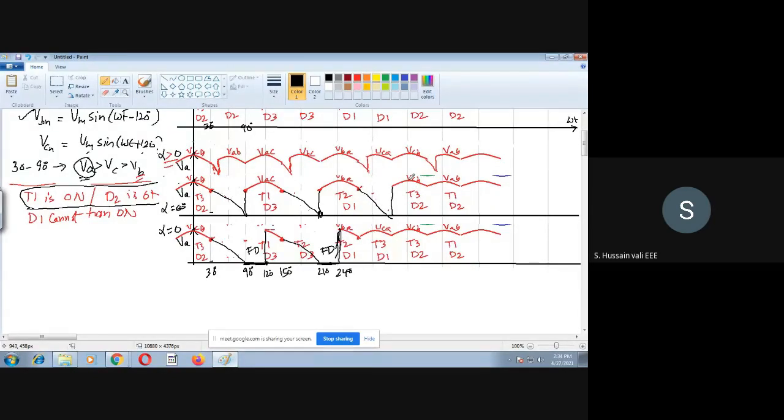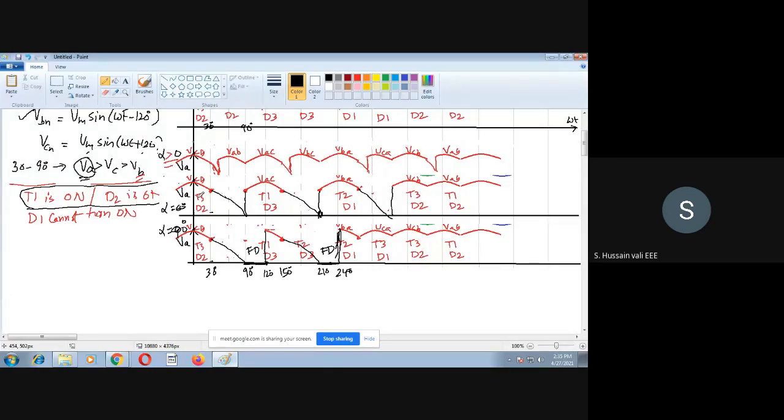So I have drawn this for alpha is equal to 90 degrees. Let me correct this here. So alpha is equal to 0, alpha greater than 0. Once you go on increasing the value of alpha, you will find the output voltage will be delayed. If you go on increasing alpha more and more, then this delay will be more. At one point, when alpha is equal to 90 degrees, you see yourself that there is a break in the output voltage. In that break, the freewheeling diode will conduct. So when the freewheeling diode is conducting, that's it.